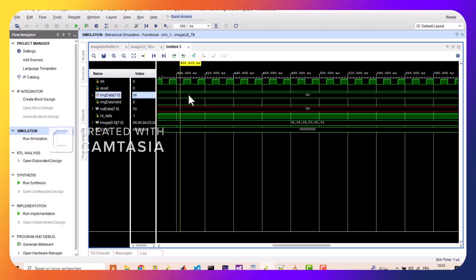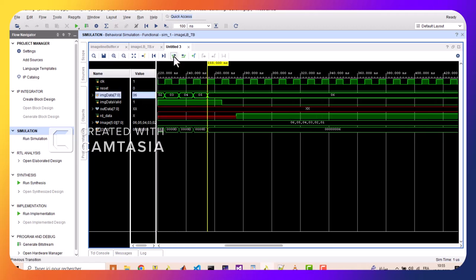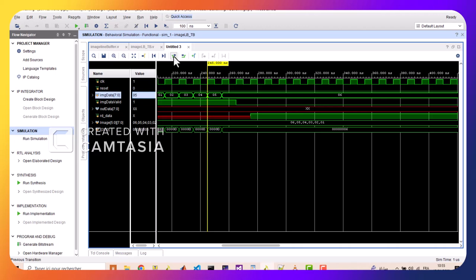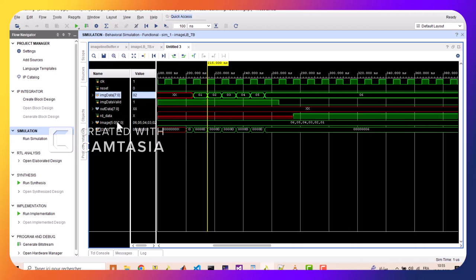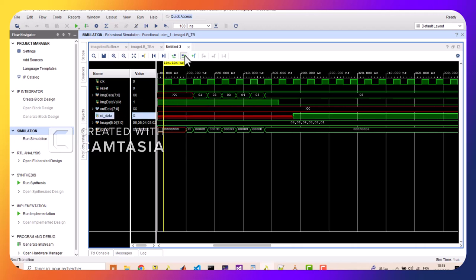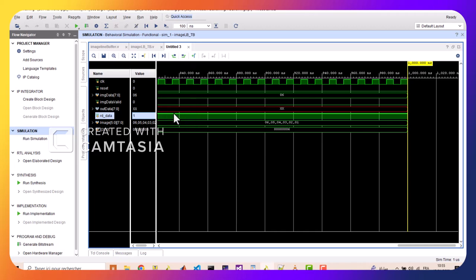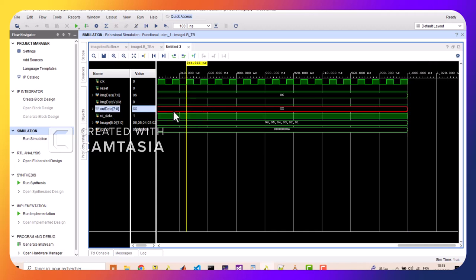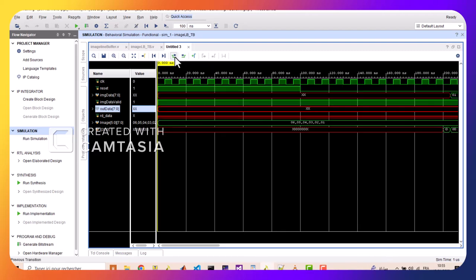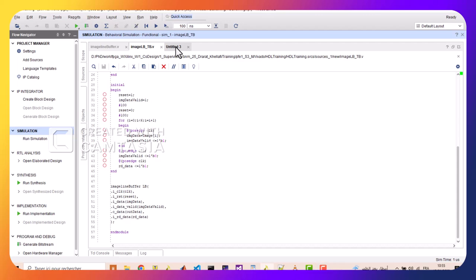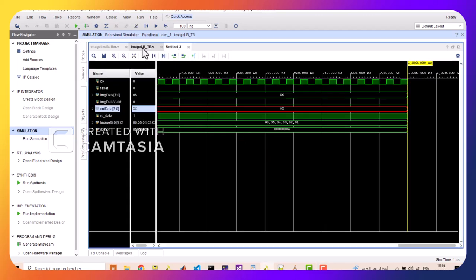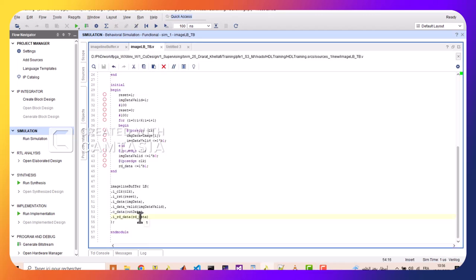We'll check if it is running okay or not. We start from the image, we check if it's reading okay. So cycle from 1 to 5. Then when the read data is equal to 1, we have a problem, we are not reading out the data, we need to check what is the problem with it. Okay, we have a problem, the data is not coming out. When we read the data, we need to give it some time, so each cycle it will read the new data. It means here we need to set